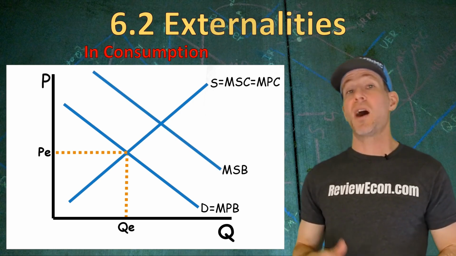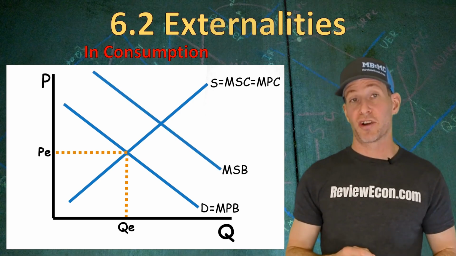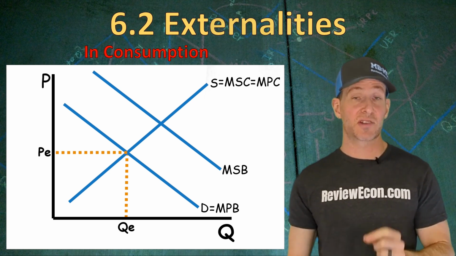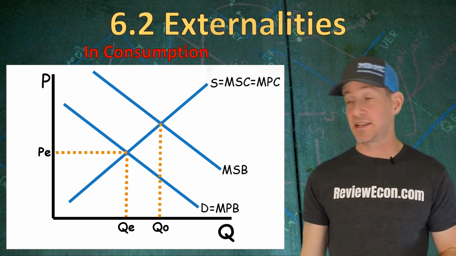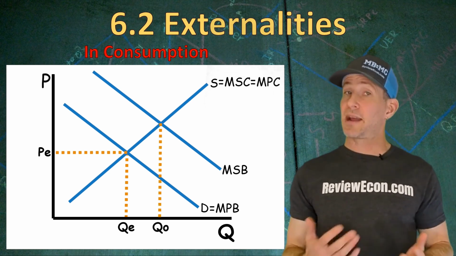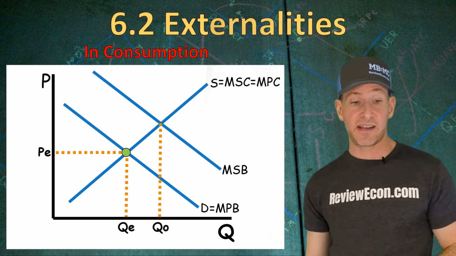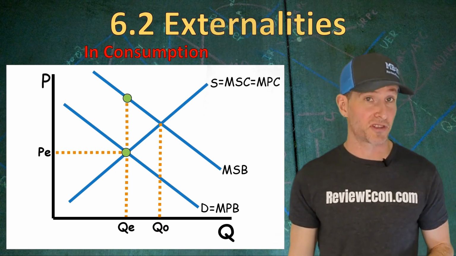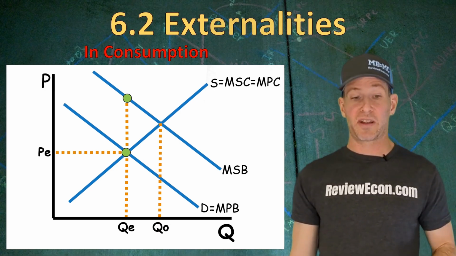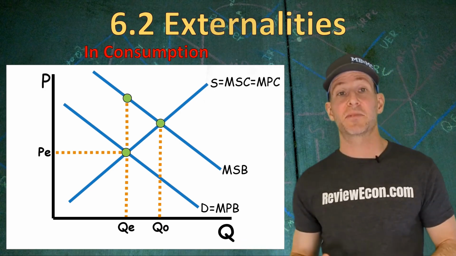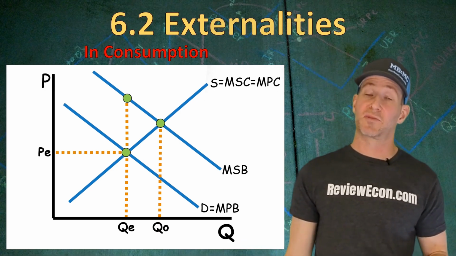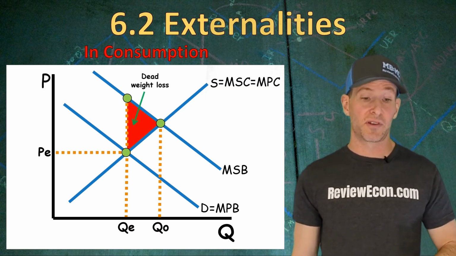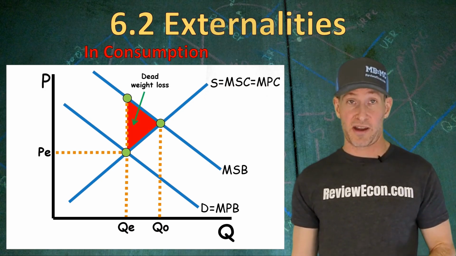That will give us a new higher marginal social benefit curve above the demand. Where the marginal social benefit equals the marginal social cost, we find our socially optimal quantity, labeled QO, there. But at the market quantity, labeled QE, there is our marginal social cost point. Up above, we find our marginal social benefit point for the quantity we get in the market. And there we find our allocatively efficient point, where marginal social benefit equals marginal social cost. Those 3 points give us a triangle of deadweight loss as a result of underproducing this product because of the